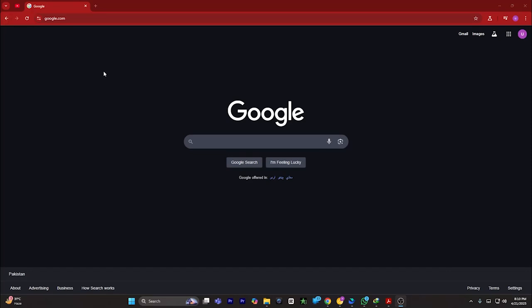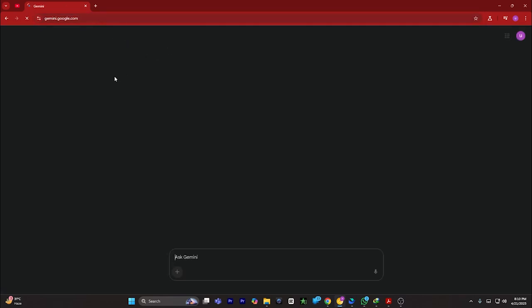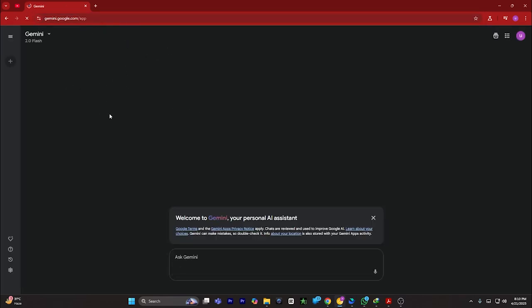First of all, what you have to do is open google.com, and in the URL bar on the top, you have to simply type in gemini.google.com to open Google Gemini. Now once Google Gemini has been opened, simply click on the text box and you can type in any prompt